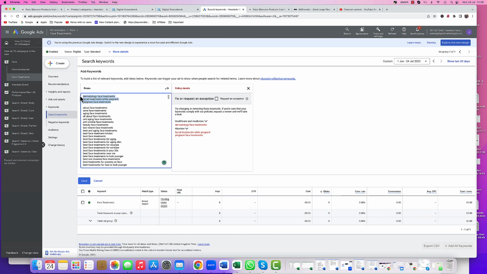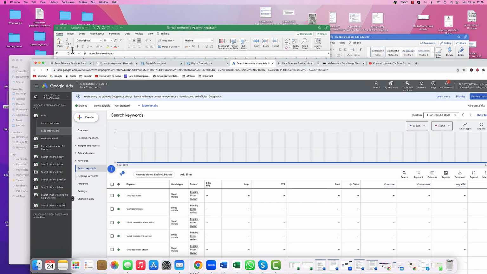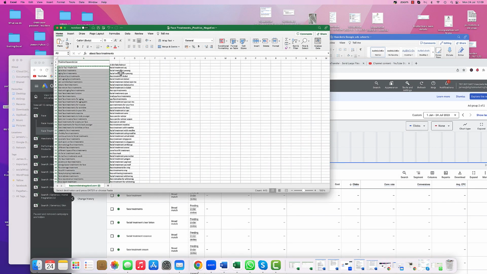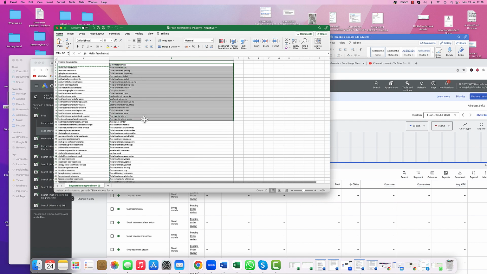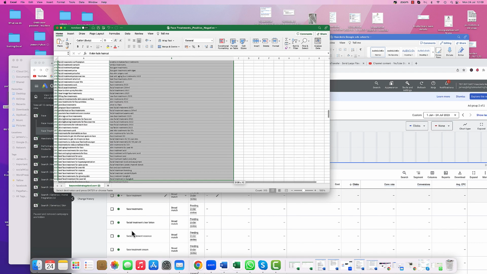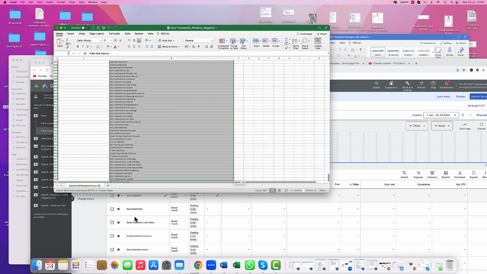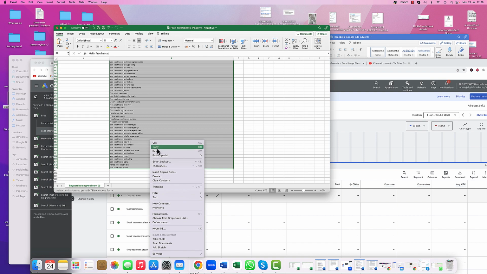But basically what I'm going to do is just remove them. So anything that comes up here, I usually just remove it, click save. I'm going to go back to my spreadsheet, and of course what I need now are all the negative keywords. So here I'm just going to copy all the negative keywords that we've got, copy,